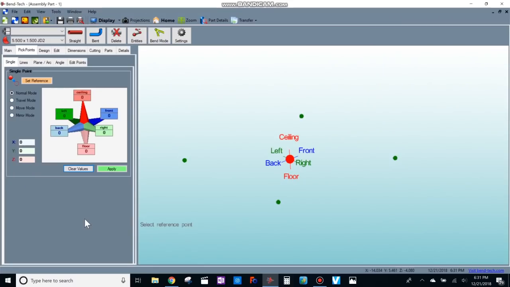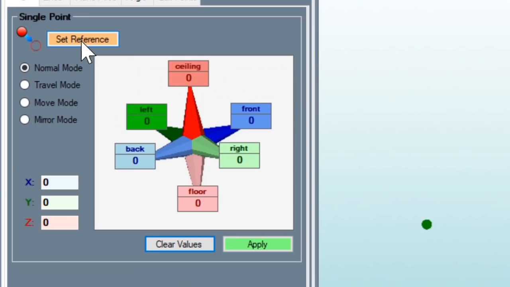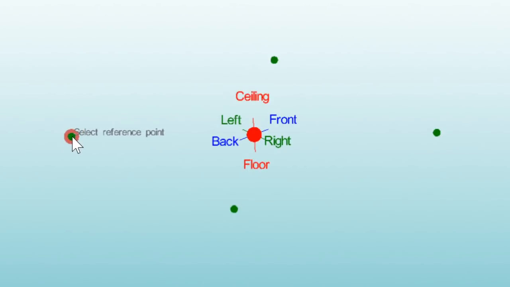Now what we're going to do is I need to set the height of this stool. So here where it says set reference, this is where you can tell this star pattern where to work from. You don't always have to work from the center here. You can pick this point, and then any dimensions that you put in your star here would be pulled off of this point or this point. Whatever point you want to use as your reference, you can use it. And that makes it extremely helpful once you're building a larger project.